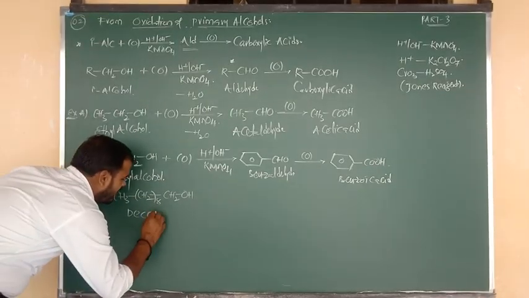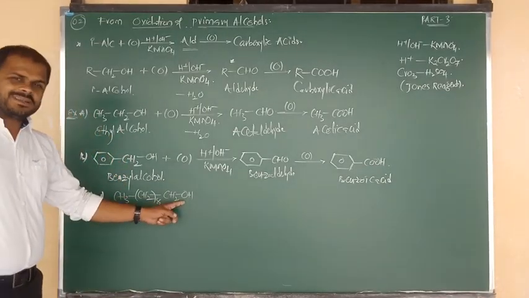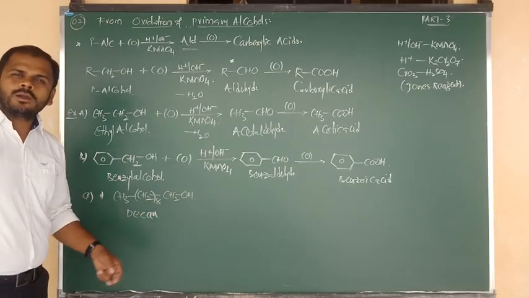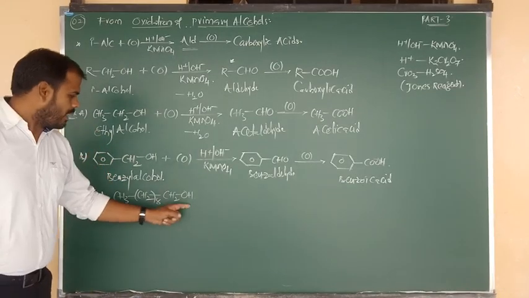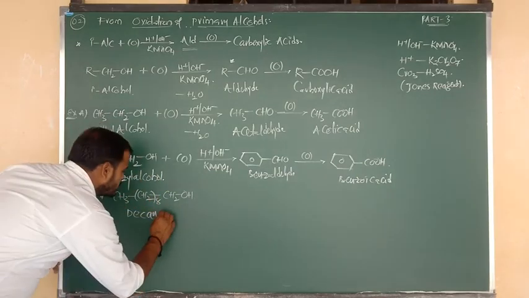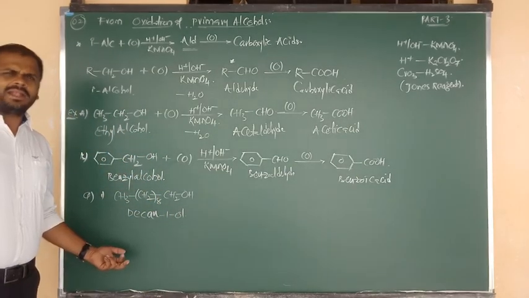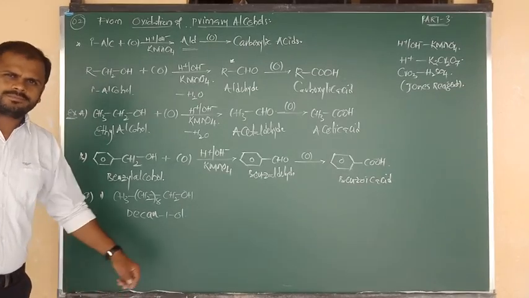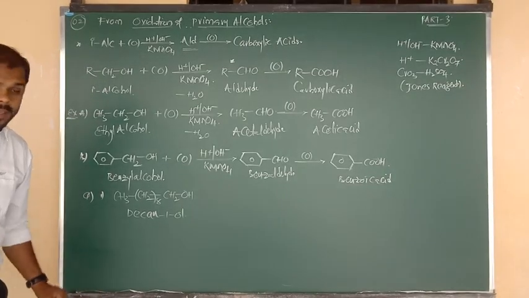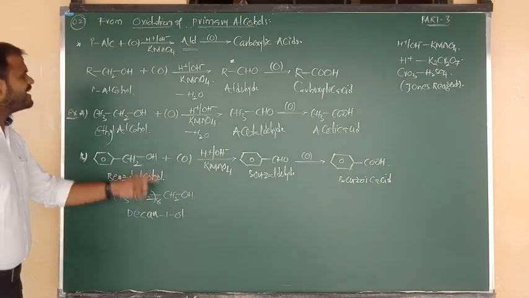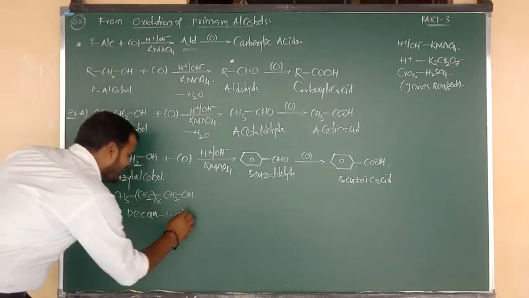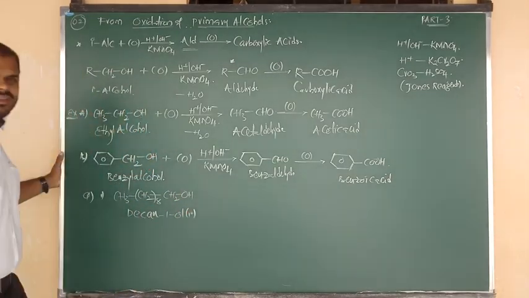That means we can say ane. And the functional group is alcohol, which is ol. The ol position is 1. So simply we can say decan-1-ol, or as a shortcut, 1-decanol. In short also we can say decanol. Okay, good. So which alcohol does it look like? Exactly, primary alcohol.